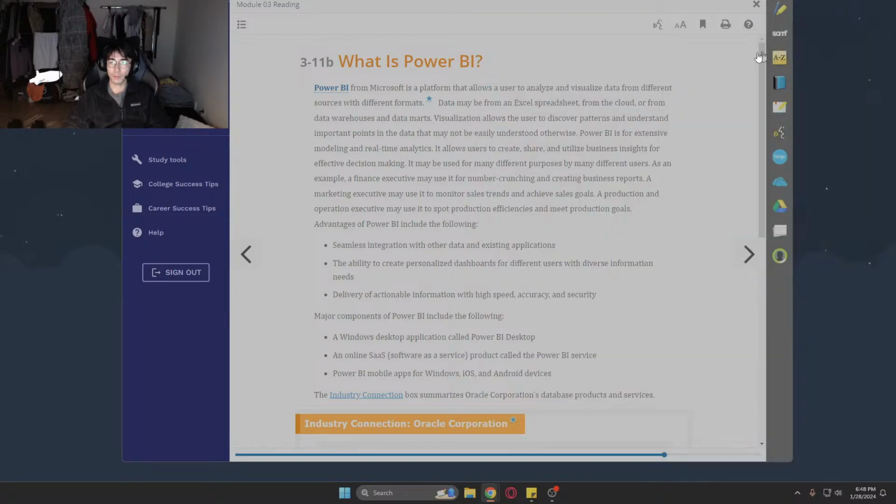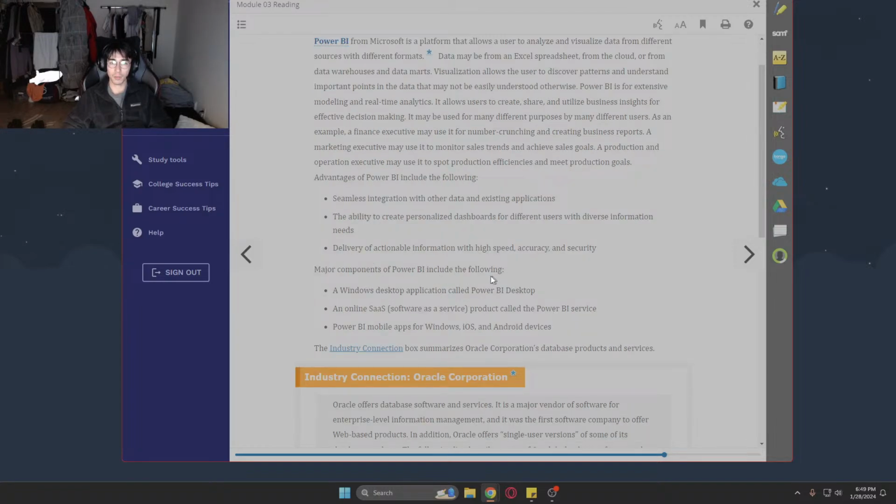Wow, cool. Okay. Same thing: seamless integration with other existing data applications. The advantages of Power BI are the ability to personalize dashboards for different users and diverse information needs, and to deliver actionable information with high speed, accuracy, and security. The major components are a Windows desktop application called BI Desktop, and also an online SaaS product of this,